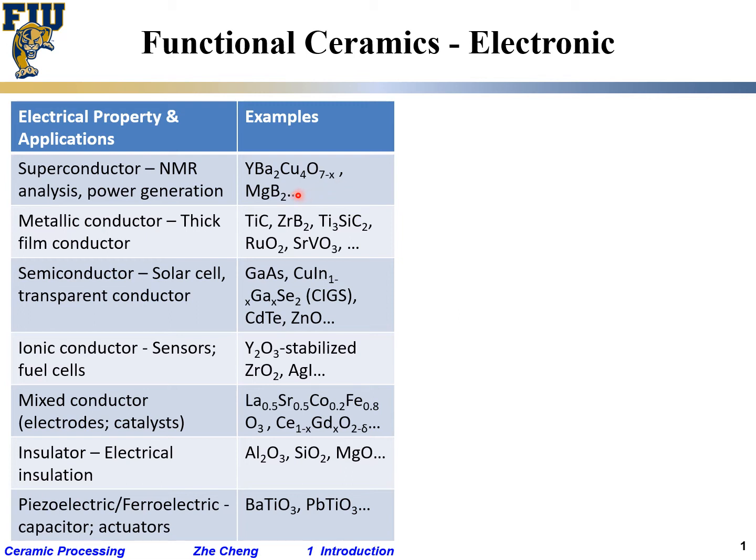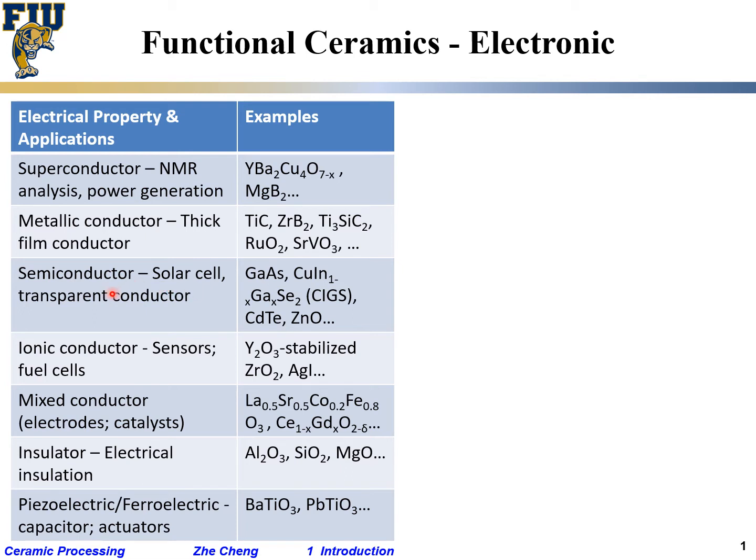Magnesium diboride. Is it ceramic or metal? It's a ceramic because it contains at least the boron, which is a non-metal. Make sense? Not to mention the oxides. They are definitely ceramics. Make sense? So it can be a metallic conductor, it can be a superconductor, but it can also be